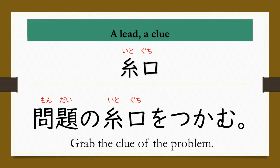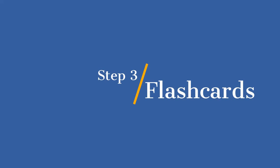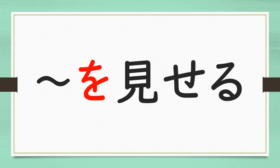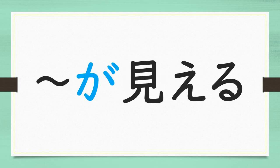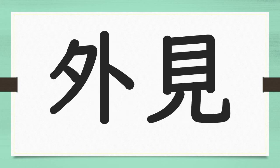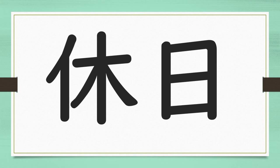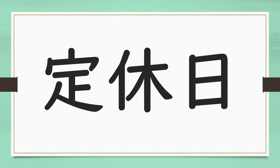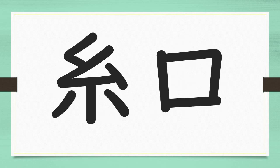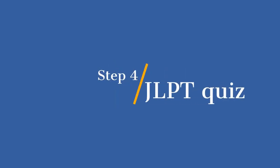That's the expression. 問題の糸口をつかむ。Step 3. Flashcards. Try to remember the meaning of the word and pronunciation. I will say the word, repeat after me. To watch, to see, 何々を見る。To show, 何々を見せる。Can see, 何々が見える。Have a look, tour, 見学。Appearance, 外見。Day off, 休日。Regular holidays, 定休日。Knitting wool, 毛糸。A lead, a clue, 糸口。